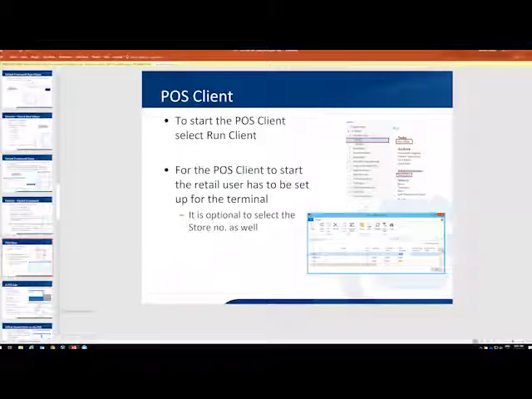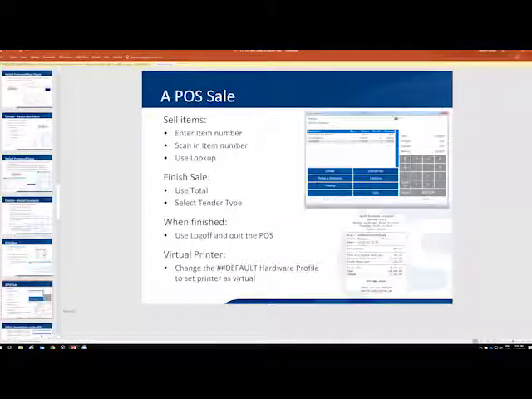Okay. So this is basically this slide. And then to sell items, you can enter the item number. You can scan the item number. And also you have the